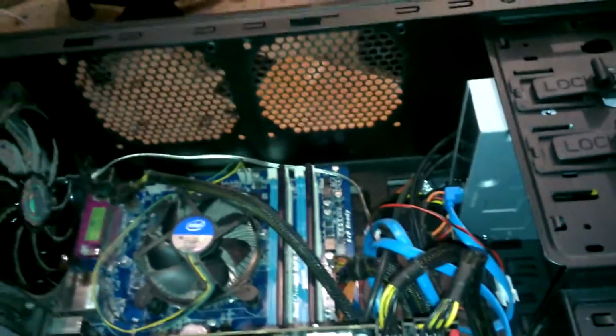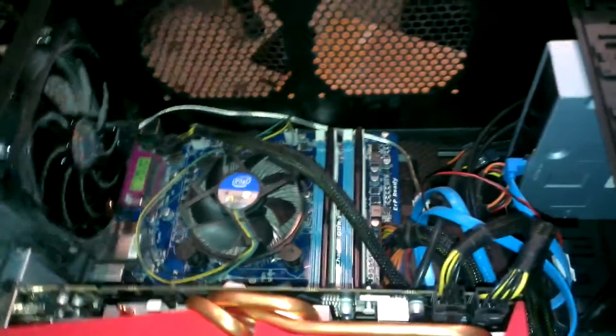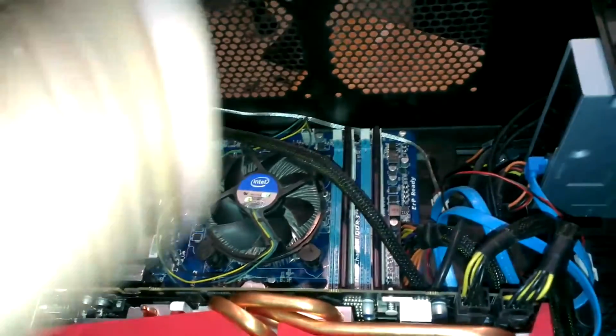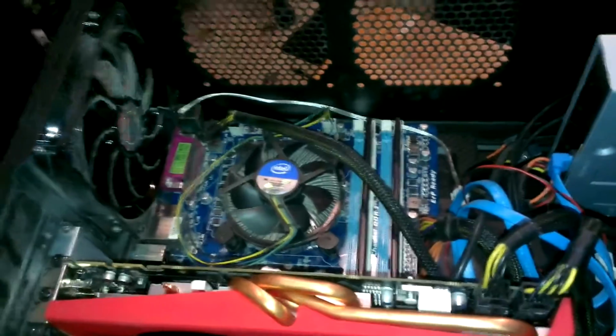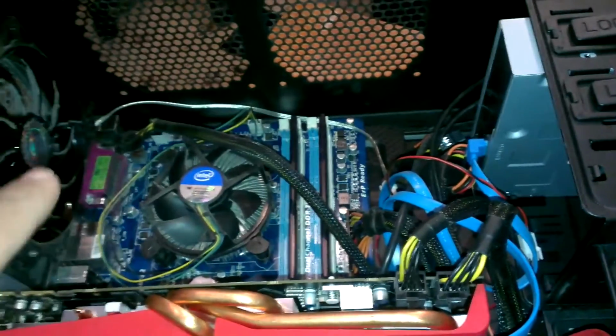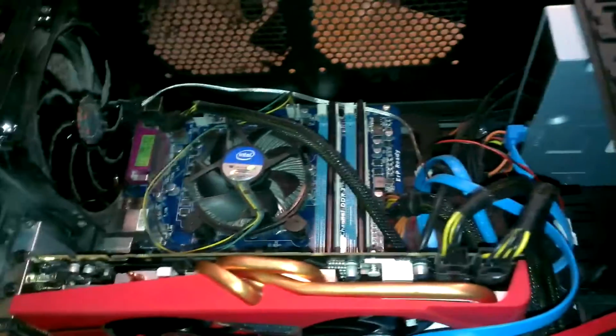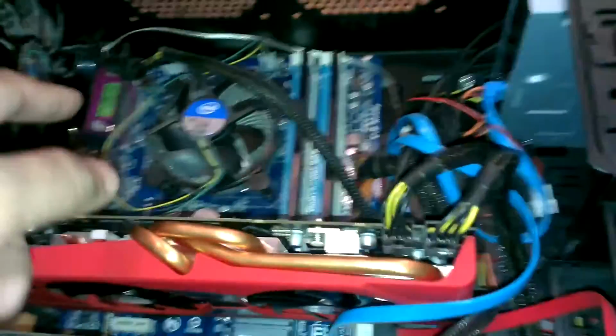Literally, I think what I'm going to do next is just buy a fresh new motherboard, buy some thermal paste and stuff, take out the CPU, and buy a new cooler as well. I don't know if I'm going to do water cooling yet, but I'm going to install a new motherboard in here, even though I'm not too sure if the motherboard will even work in here,